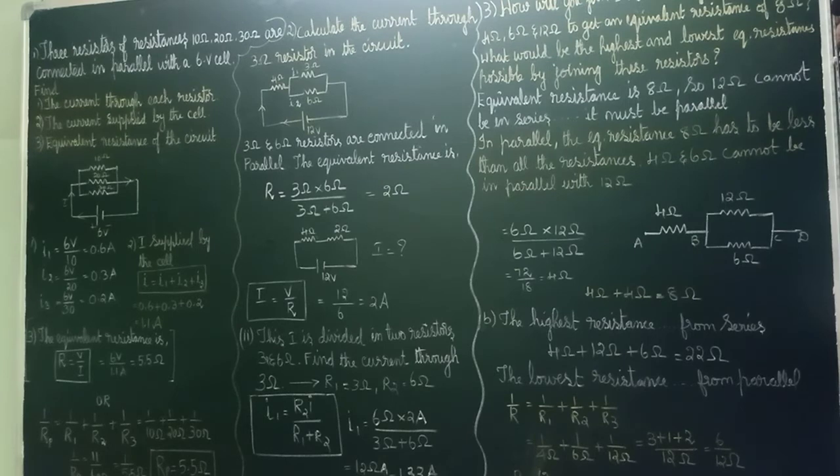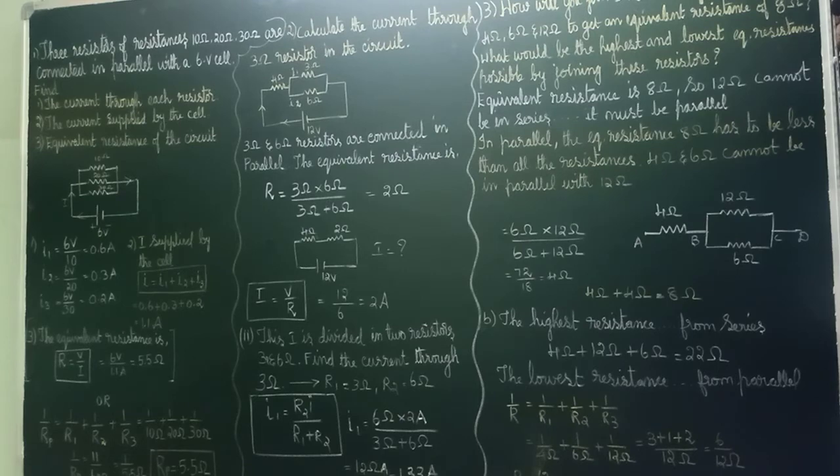Okay. Third one is equivalent resistance of the circuit. Equivalent resistance means total, no? So R is equal to V by I. That is one formula. R you can give, say I have given RC. Formula is 1 by Rp is equal to 1 by R1 plus 1 by R2 plus 1 by R3. So if you do like that, 1 by 10 ohms plus 1 by 20 plus 1 by 30, you will get 11 by 60 ohms. It can be written as Rp is 60 by 11, so 5.5 ohms.